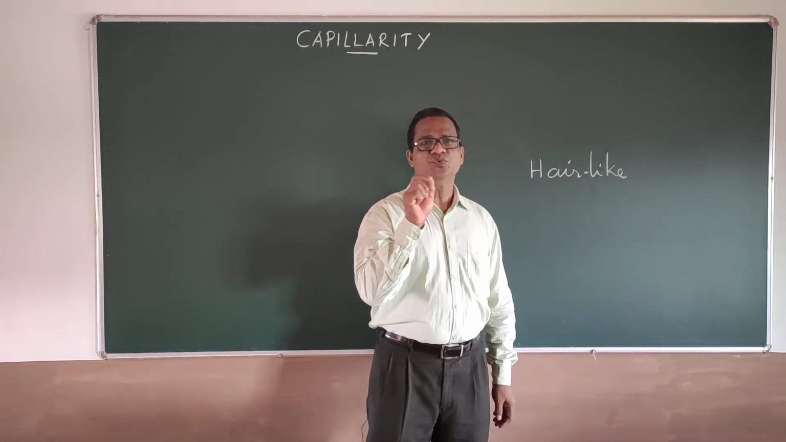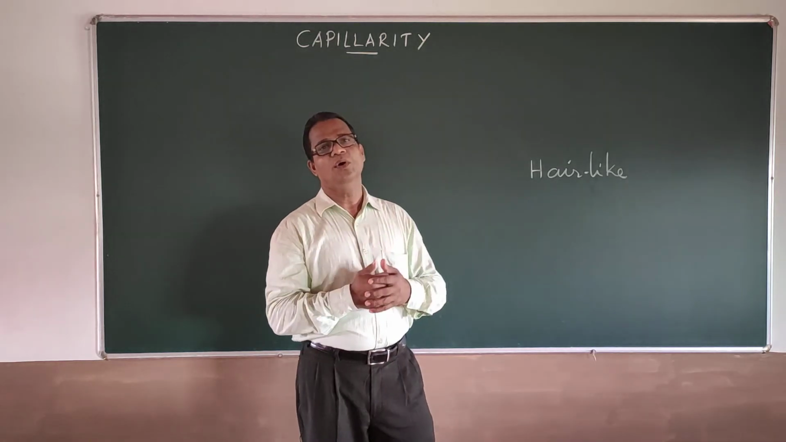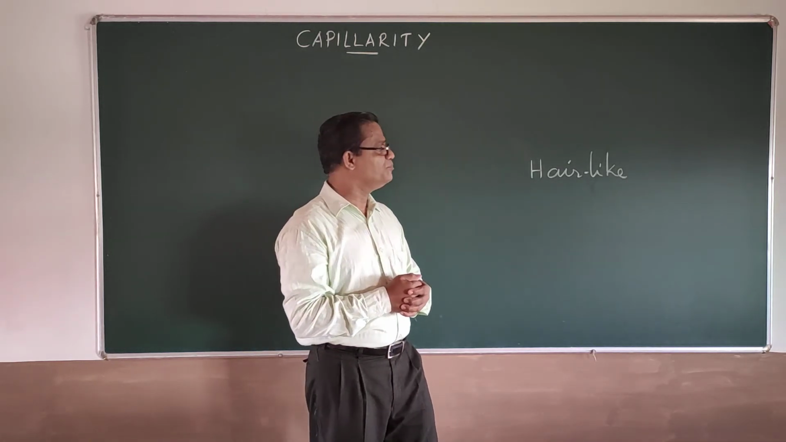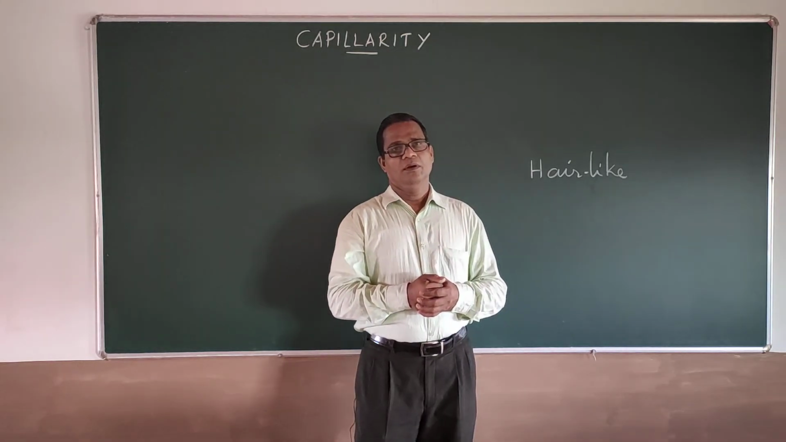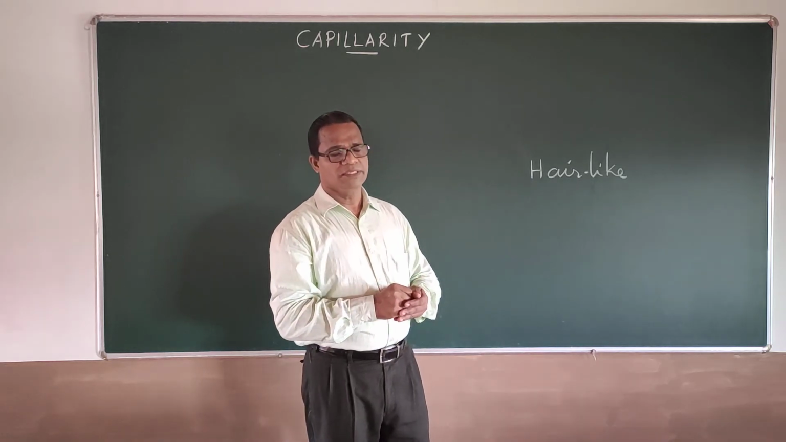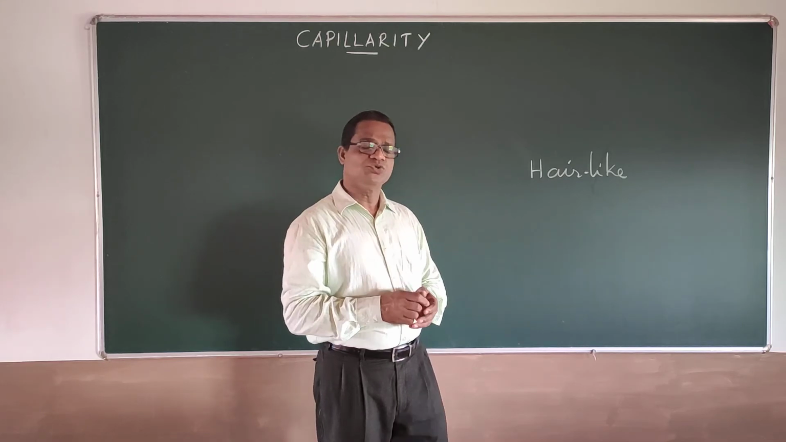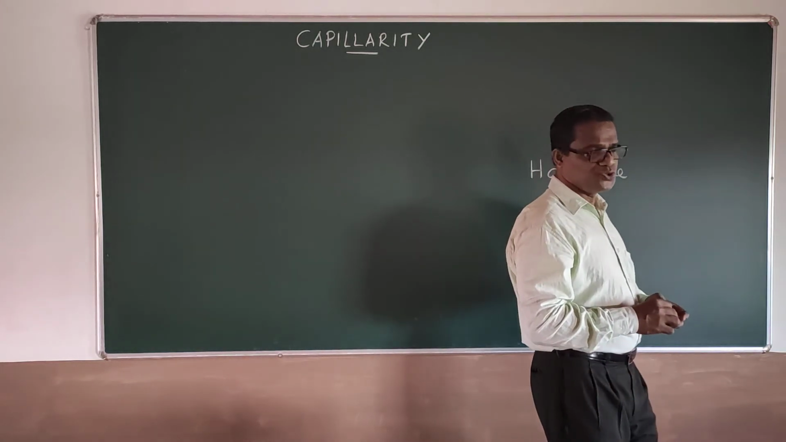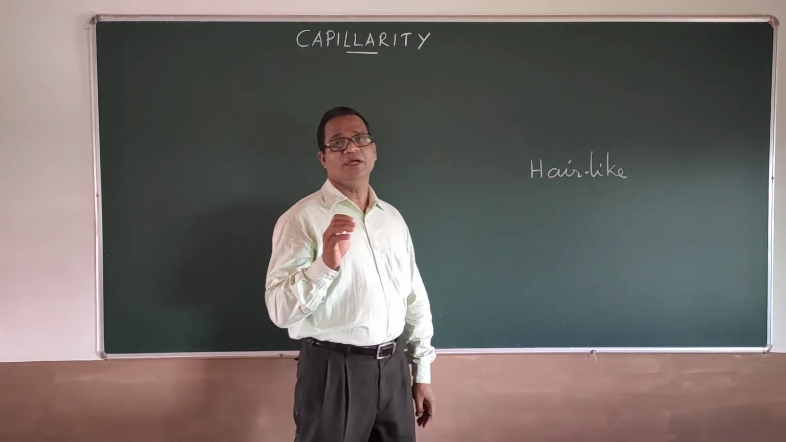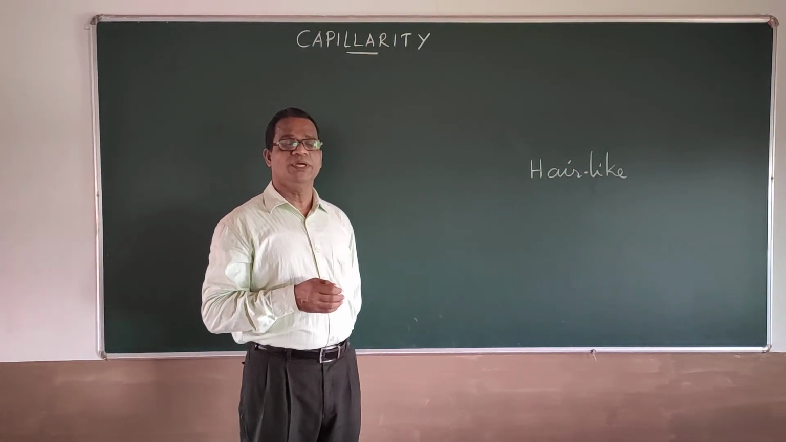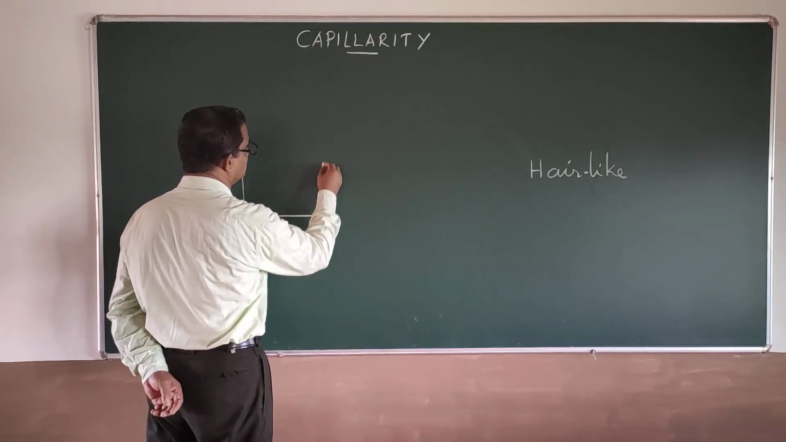A tube with a very fine hole is called a capillary tube. Hair-like thickness for the hole. Such a tube is called a capillary tube. Now, when you dip that kind of a tube into a liquid taken in a beaker,